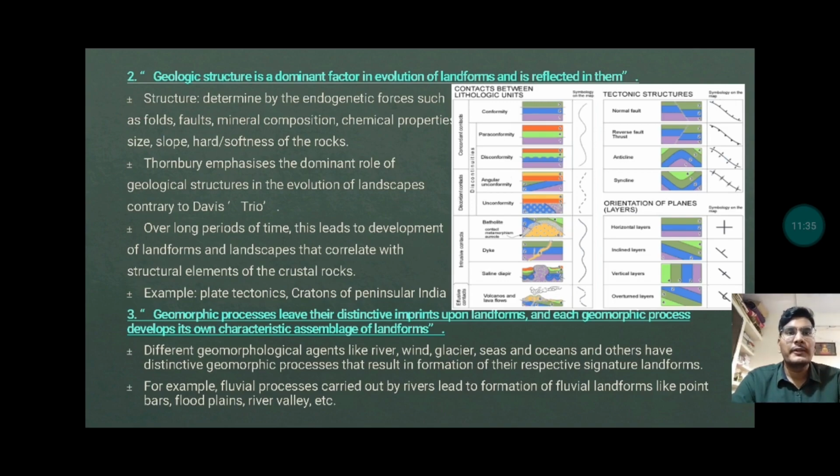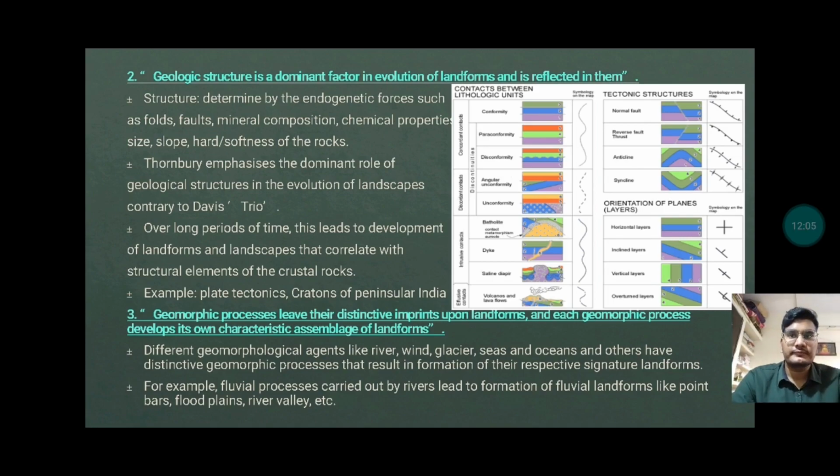Over a long period of time, if there is continuous compression force or force regarding the faults placed on particular geological structures, it actually creates the intensity, the hardness, the softness, and the chemical properties of a particular geological structure. Now through examples we can understand why this principle is important.